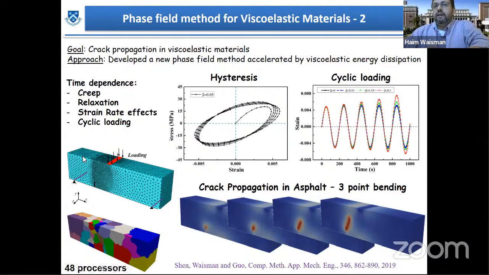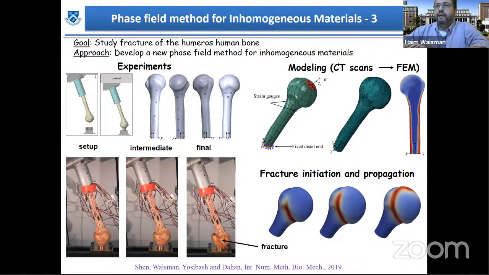So here is just a 3D application, 3D point bending, and you can see how the fracture propagates to the load. And this shows that in order to solve this problem, because it's computationally intensive, it had to be implemented on a parallel machine. And the final example, before I go back to my dynamic fracture problem, is a recent work on